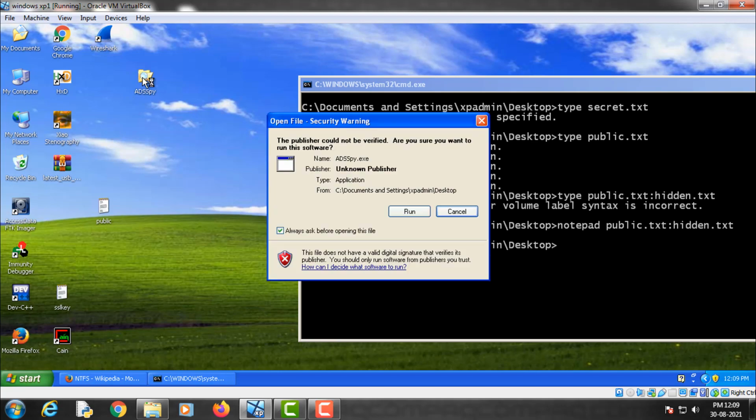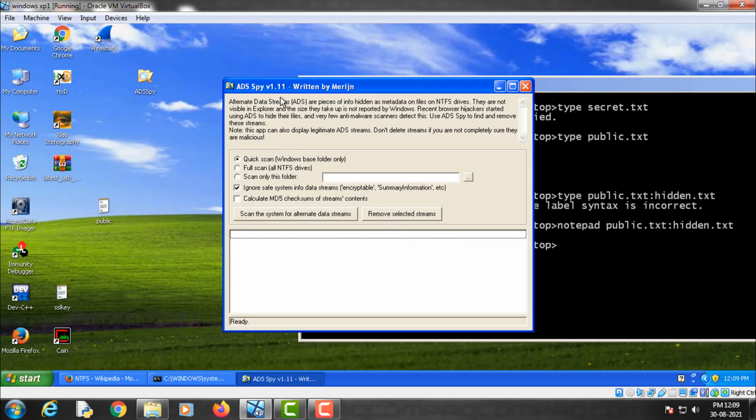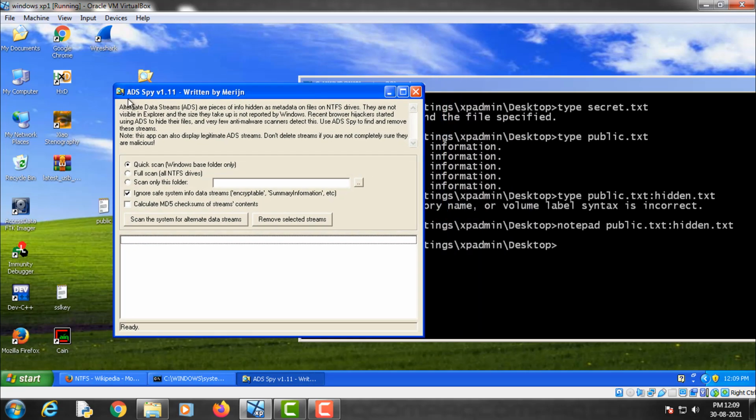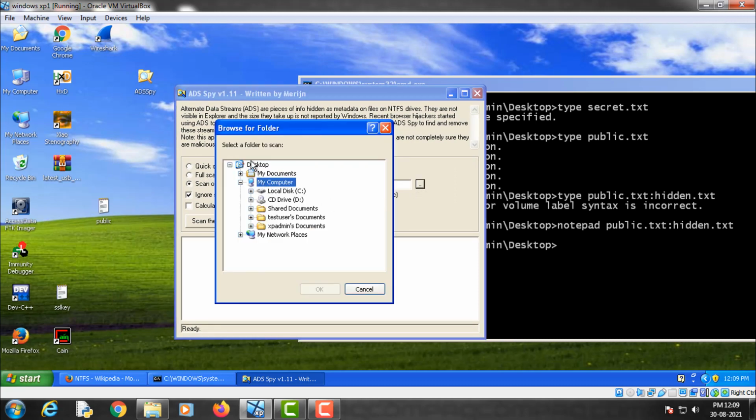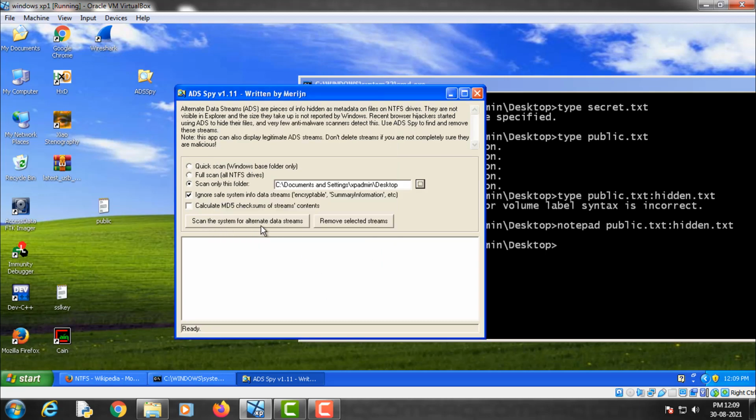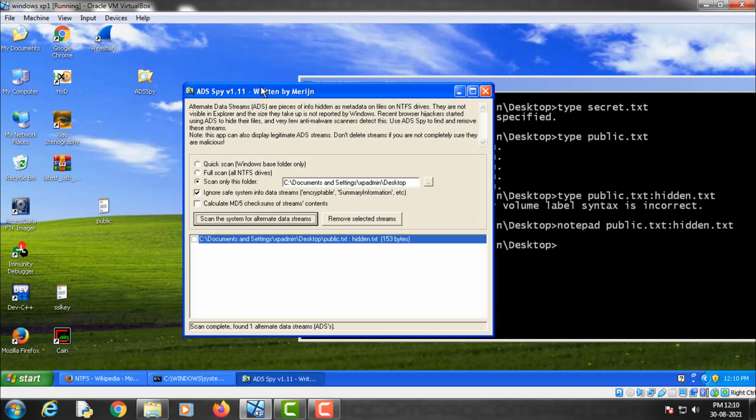If I run this tool, its name is ADS Spy, and scan the desktop folder, scan the system for alternative data stream. As you can see, we are able to detect the hidden.txt file on the system with the help of this ADS Spy tool.